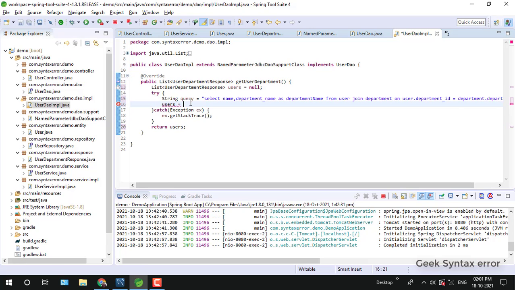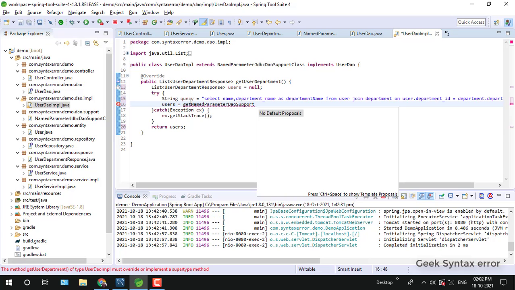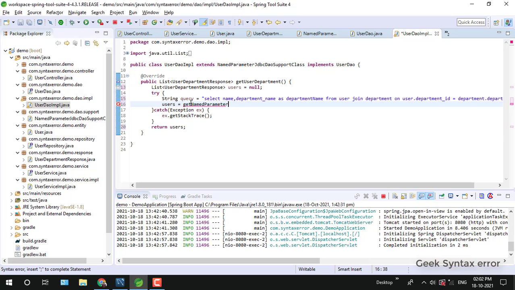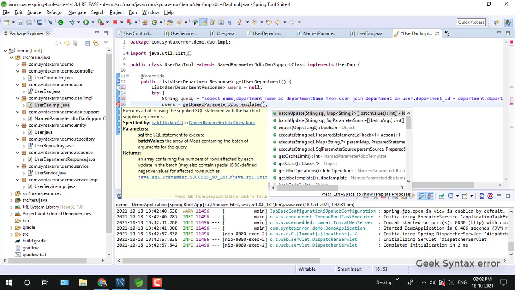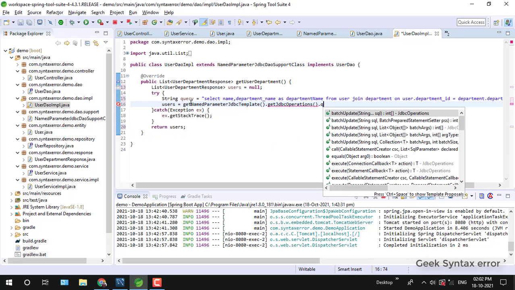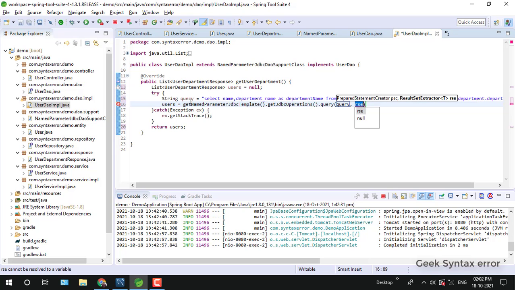Once we extend this NamedParameterJdbcDaoSupport class, we have a method inside the class, that is getNamedParameterJdbcTemplate. So when we click on that, getJdbcOperations, after that dot query, we need to pass the SQL query here, and the second parameter we need to pass is a result set extractor.